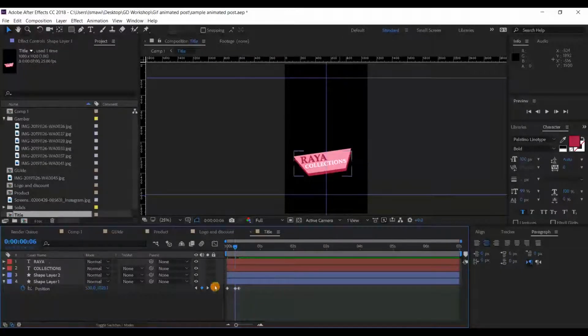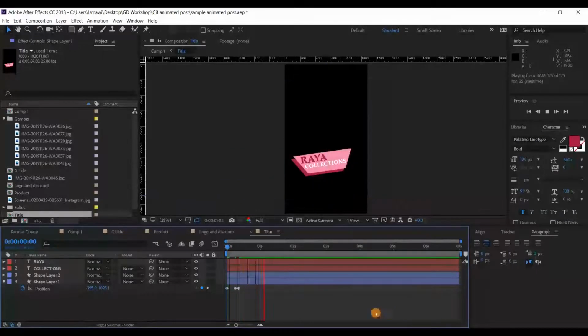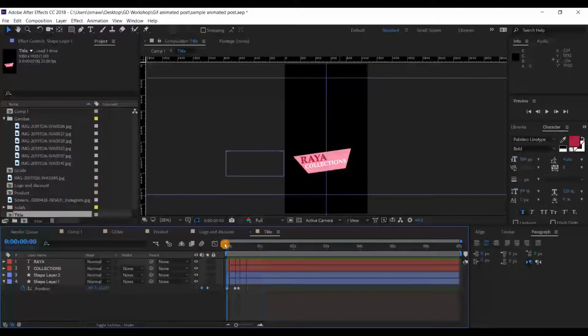So make sure there's a change when you set the position, because you want to create the look of the animation. If I animate it, it will look like this. It's exaggerated a bit, as it moves forward and then comes back to the position that we want. All right, so that's for our first shape.